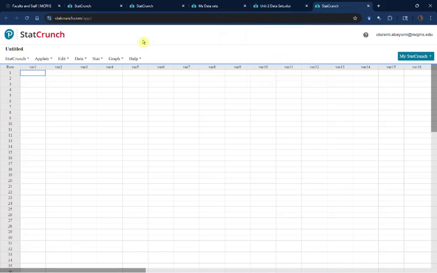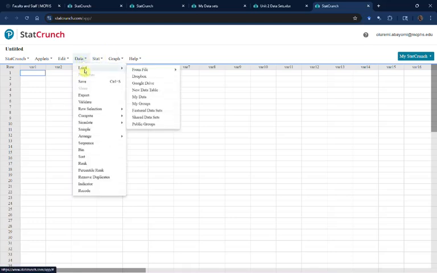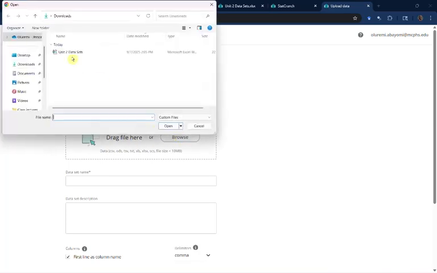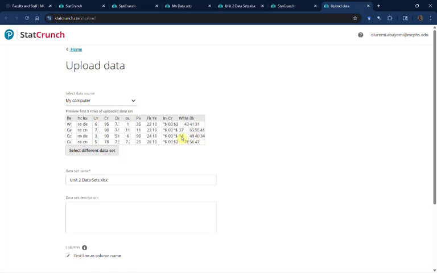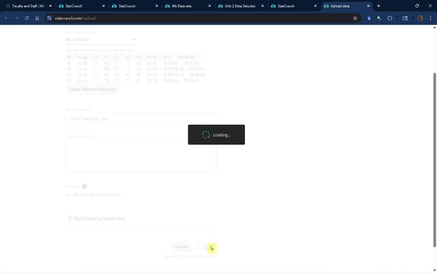To load that, after downloading it on your computer, you go to Data, you go to Load, and I'd like to load the data set from my computer. So I would click on Browse, and here I'll be able to go to the Unit 2 data set. Load that, then indicate that you want the first line to be the column name. So upload that,